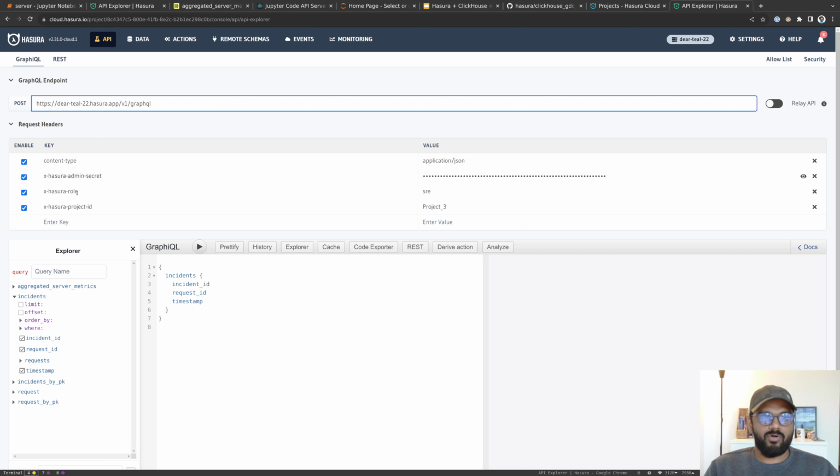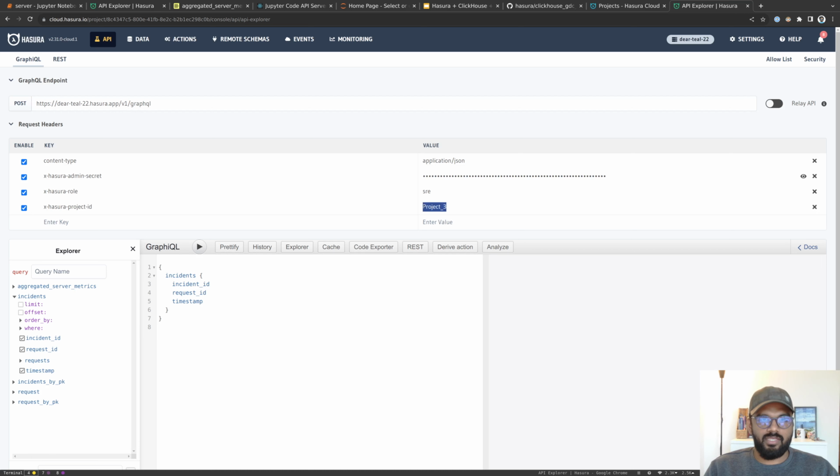So if I am authenticated as SRE with access to project 3, my cookie would resolve to these two variables, and that would be sent along with the request to Hasura. If you just send the token, Hasura can be configured to resolve these variables itself. Now when I try to query